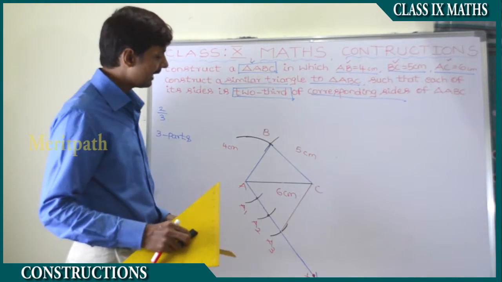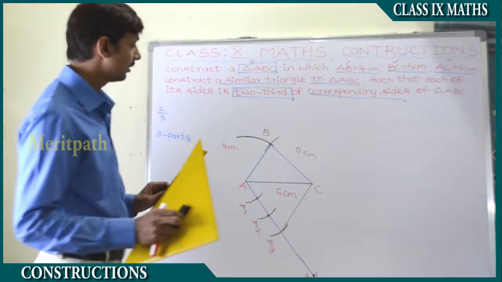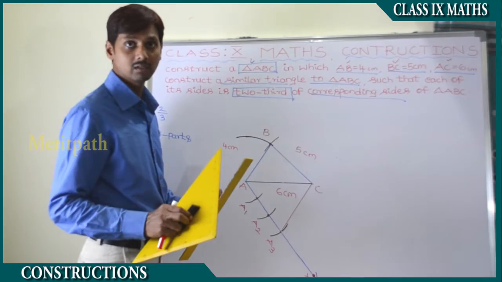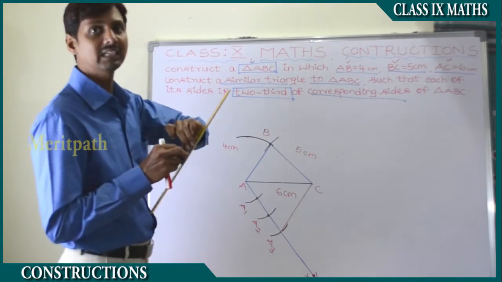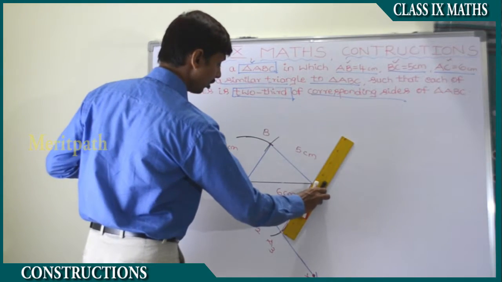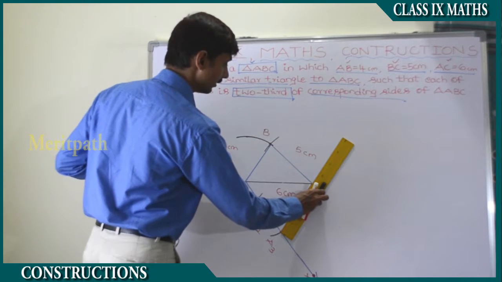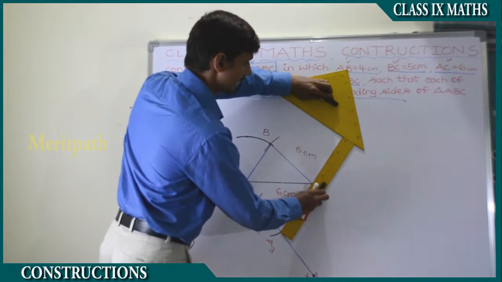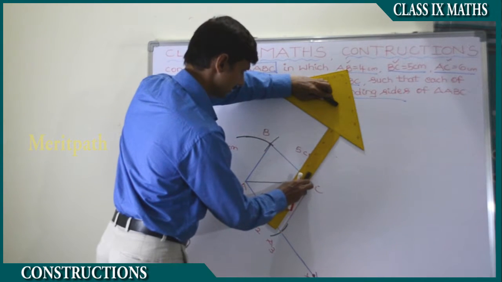Observe that there is a side A3C, and let's draw a parallel side for A3C, which is touching A2 and the side AC. To draw a parallel side, let's take a ruler and place it on A3C. We have placed it on A3C, use the set square as a base for the ruler, and move towards A2.